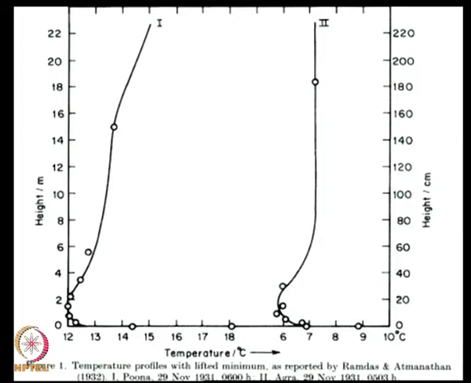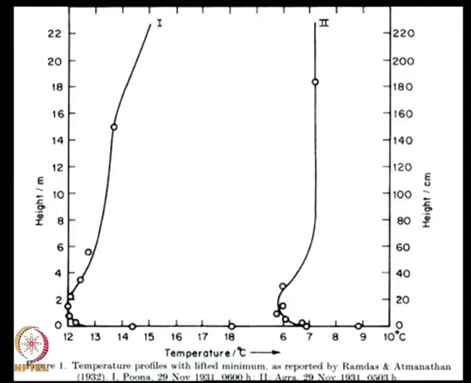Now, this issue is of course of great academic relevance to understand phenomena, but it also has some relevance to the real world. If the lowest temperature appears not at the ground surface, but about a meter above it, then this has relevance to agriculture, because if there are vegetables or other things at this level, and if the temperature goes even lower, let us say to around 0, then there can be frost formation and damage to the vegetable.